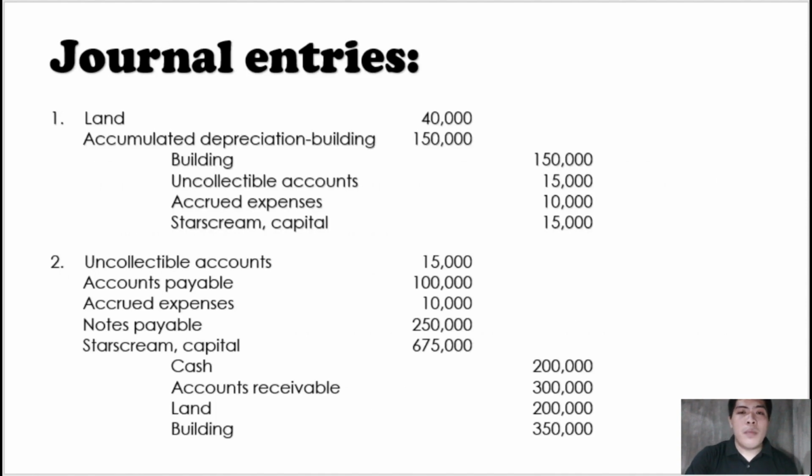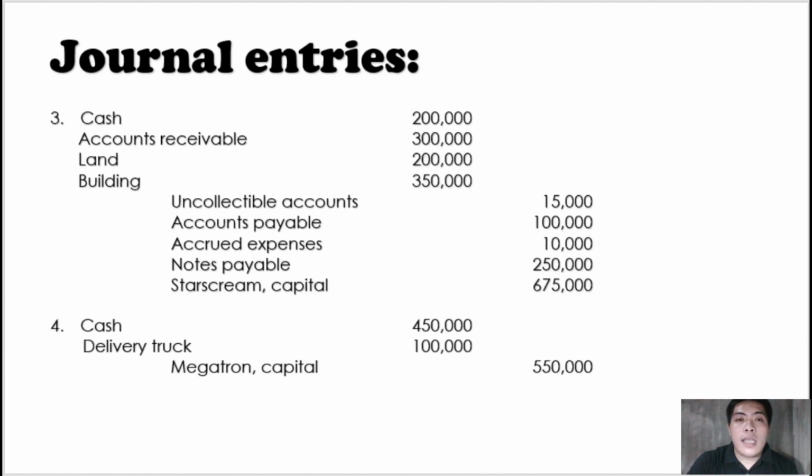Okay? So, magiging journal entry natin, adjust muna yung assets and liabilities. Ganyan. So, the same journal entry kanina, debit land for 40,000, accumulated depreciation, building 150,000, uncollectible accounts, we have 15,000, accrued expenses 10,000, then net adjustment sa capital 15,000 kay Starscream. Then after nyan, we have to close the books of Starscream. Since adjusted na yung amounts, i-close na lang natin yung capital accounts at saka yung asset and liabilities accounts at adjusted amounts. So, yan yung ating number 2